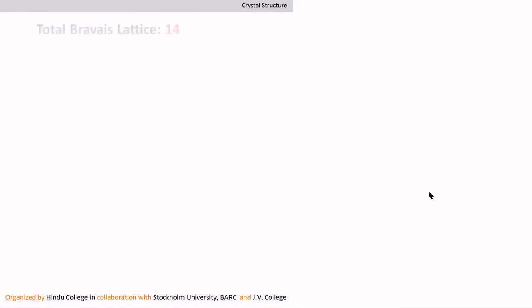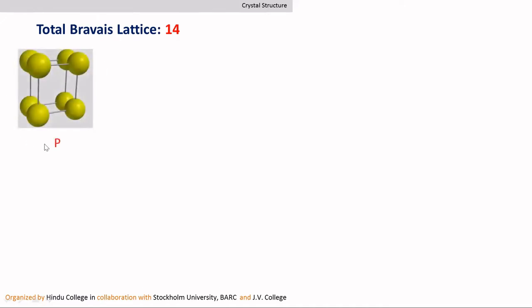Now, a French mathematician, Bravais, demonstrated that there could be 14 variations of 3D space lattice. Some of them will be primitive unit cell, where the constituent particles are present at the corner of the unit cell.